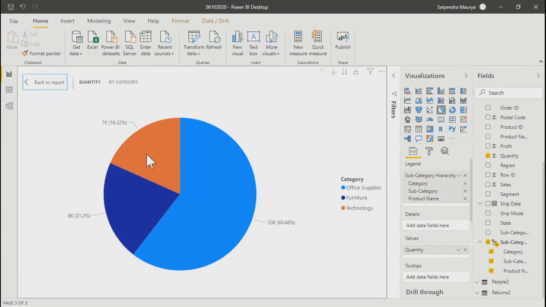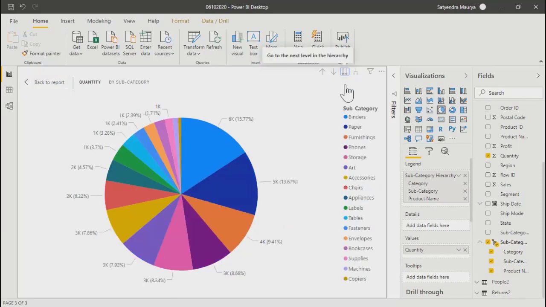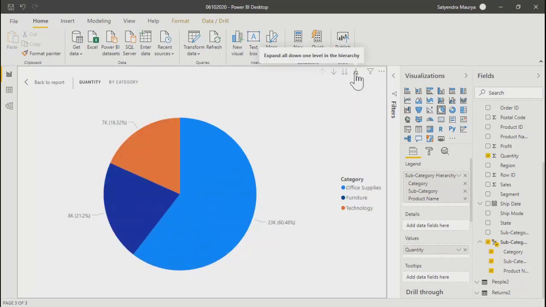You are getting all the categories like technology, office supplies, and furniture. Correct? You have the option, if you click on the second level within the same pie chart, you get subcategories over here. The first one was category, now subcategory, and next will be the product names.